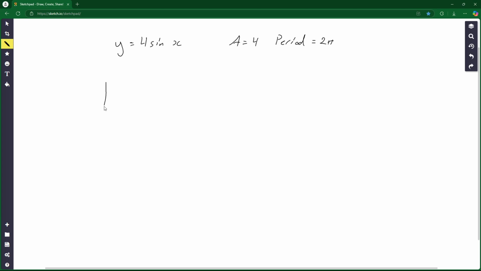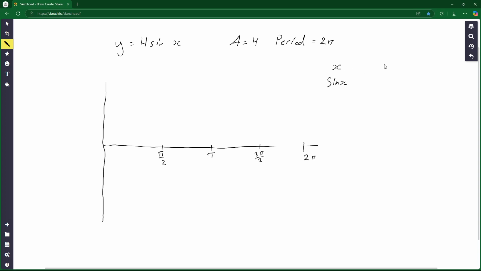Our graph, if I can draw this well, is going to be something like this. We're going to have 2 pi down here. Somewhere in the middle here, we're going to have pi. Somewhere around right here, we're going to have 3 pi over 2. And then somewhere over here, we're going to have pi over 2. If we put down our x's, and then under that, sine x,